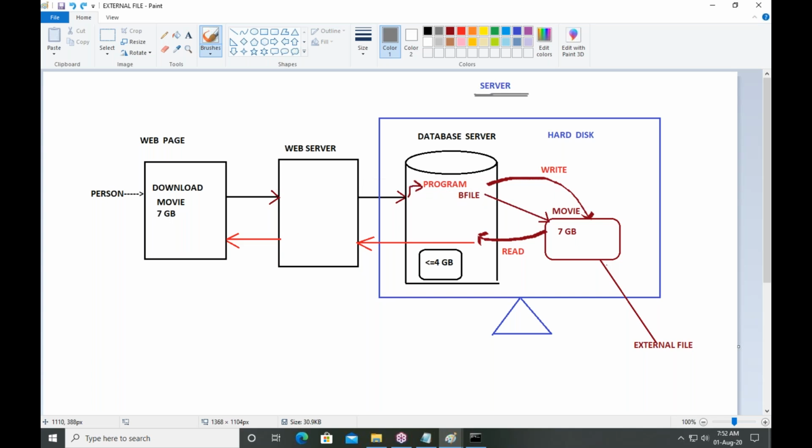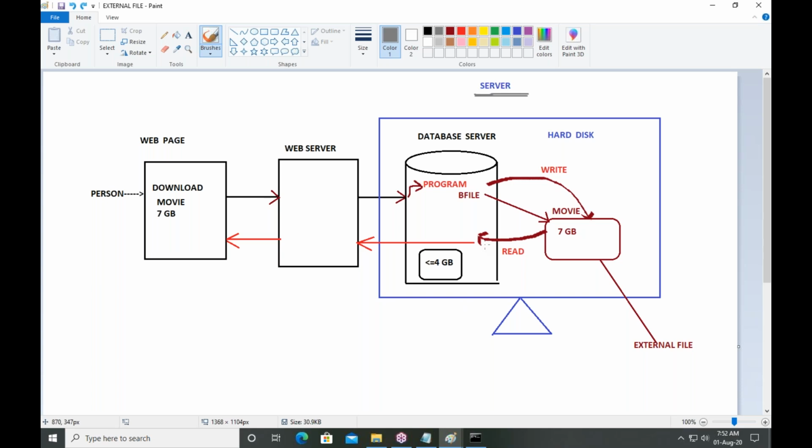So what is an external file? A file that is saved outside the database. And one more recommendation: if your character value or binary value is more than 4 GB size, then don't store it inside a database.